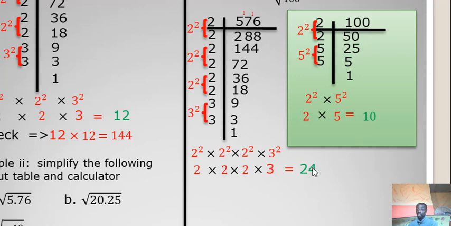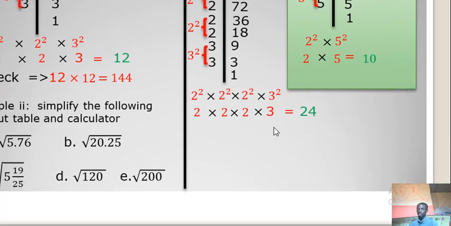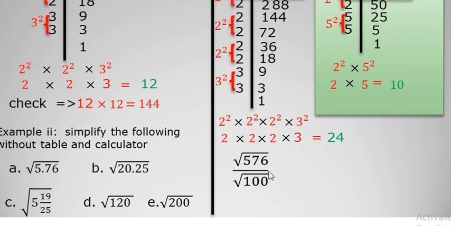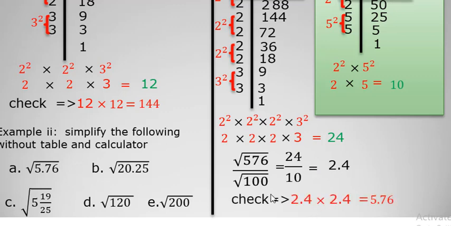So we want to check. 24 multiplied by 24 must give you 576. 10 multiplied by 10 must give you 100. Now remember, this is what we want to simplify. So bringing it down here, that is going to be equal to root 576 is 24, root 100 is 10. So you have 24 divided by 10, which is equal to 2.4. So to check, 2.4 multiplied by 2.4 must give